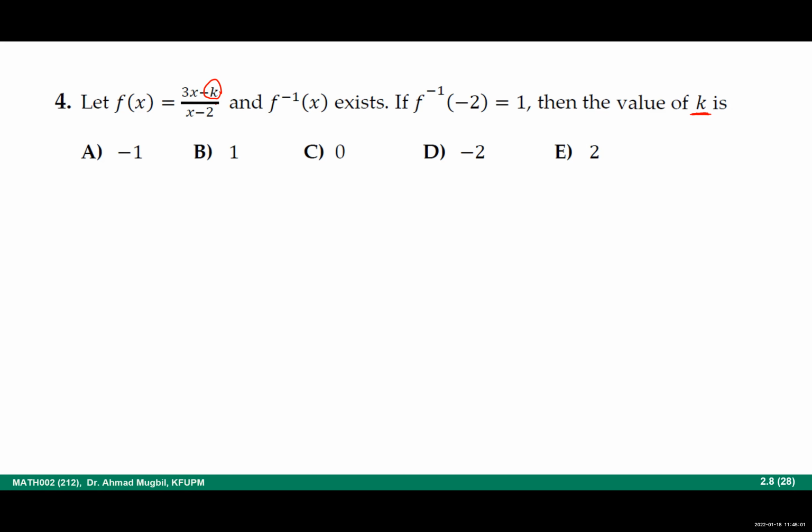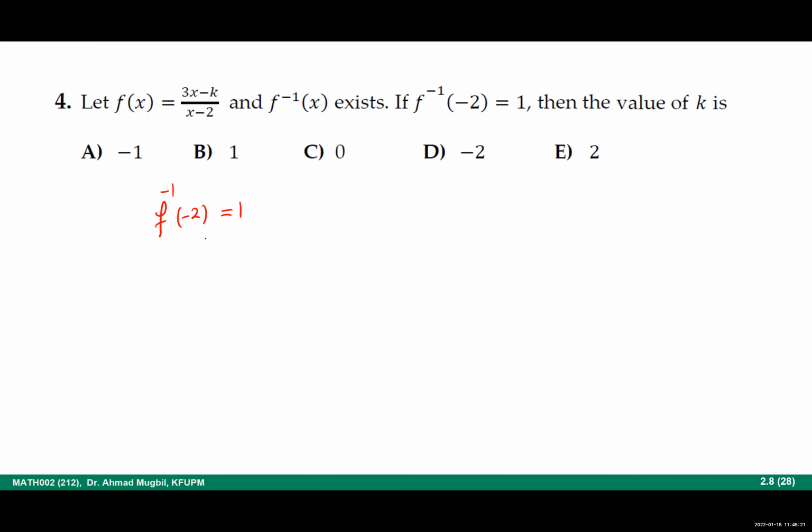So you can find the inverse here, by the way, but you don't need to. One way is to find the inverse and then use this one, but it is a very long way and an unnecessary step. Just use the idea that the inverse,